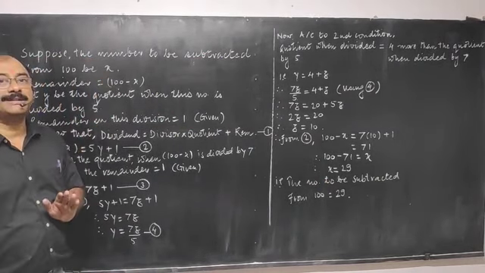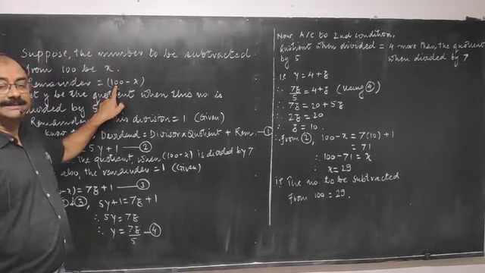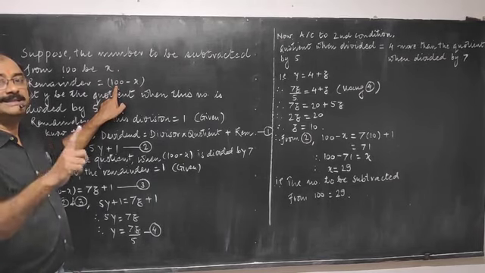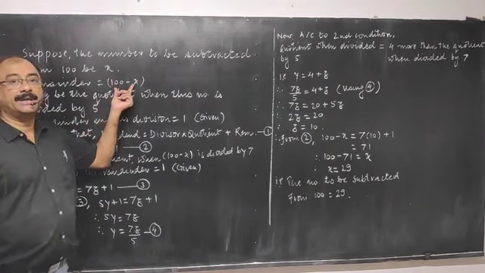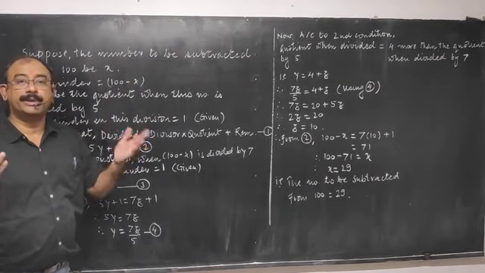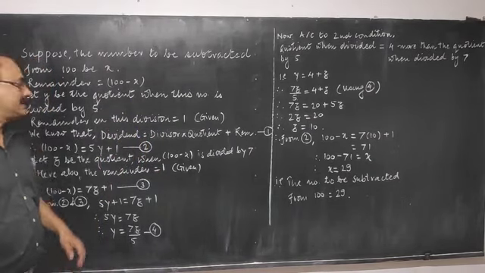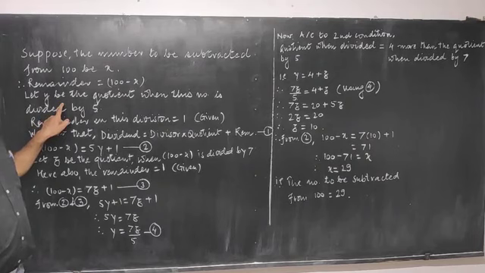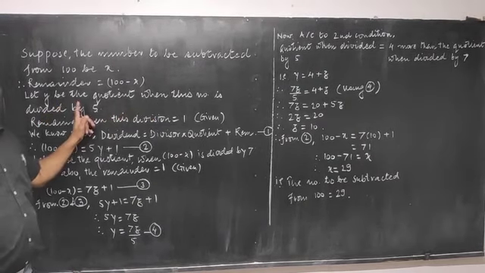So when you subtract x from 100, what you get? 100 minus x. Now the full problem is designed for this number 100 minus x. When this number is divided by 5, the remainder is 1. What is the quotient? Not given. We will consider the quotient as y. So we have written, let y be the quotient when this number is divided by 5.